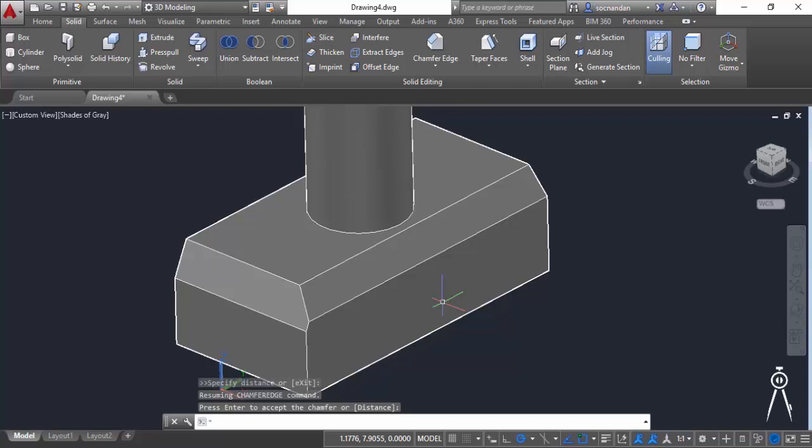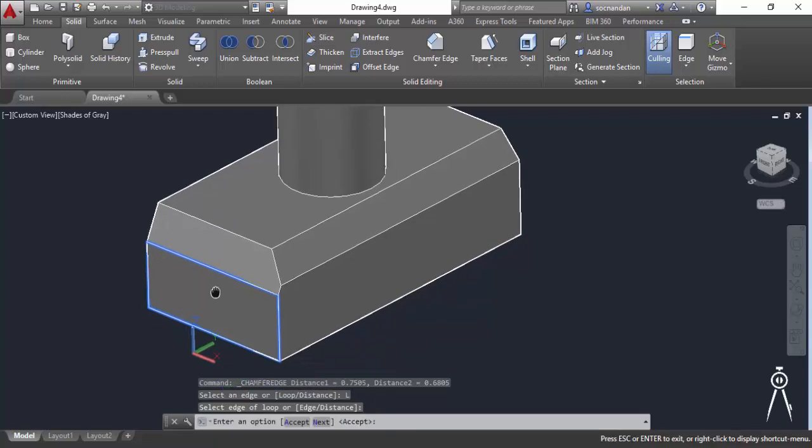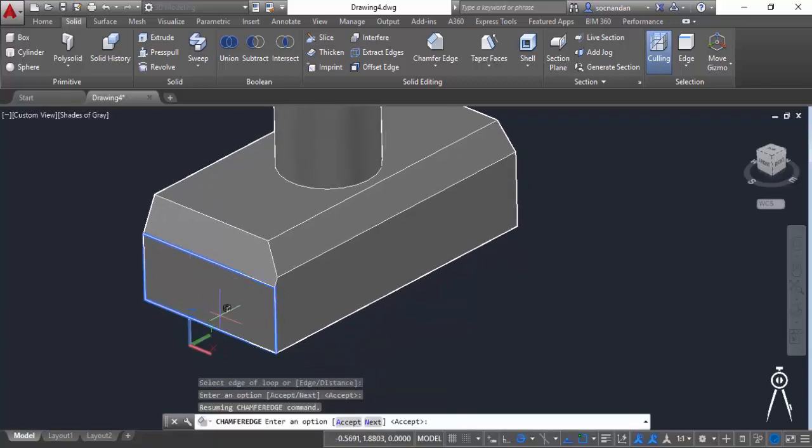You can use the same method of applying chamfer on more than one edge at once using the loop option. So here we have this loop option. Once we select loop, then all of the loops present in the drawing will be selected. For example, in this case, when we click on any of these edges, then this complete loop will be selected and all of these edges will have the chamfer which we'll apply now.